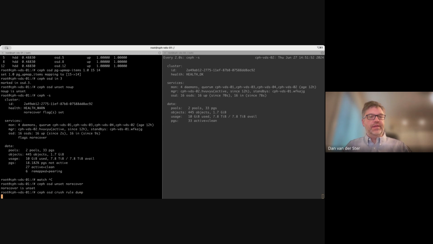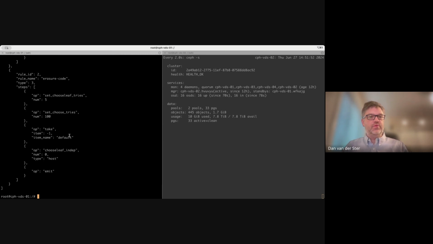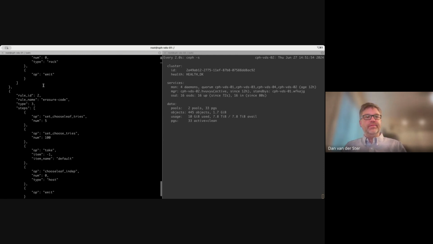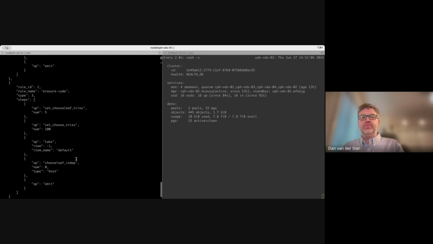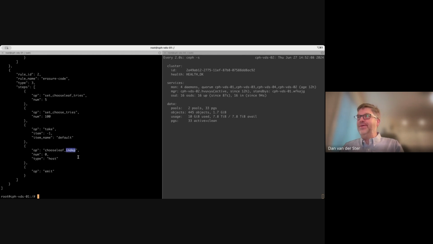So I don't think I have an EC pool, but, oh, I do. There we go. Yeah. So this is the point. When you do replicated based rules, it uses this thing called first N. And when you do erasure coded pools, it uses this thing called indep. These change the way that Ceph chooses those replicas, because in those, let's call them shards,